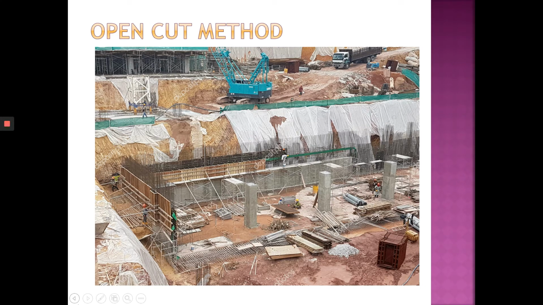It also depends on the availability of space. If you have more space here, for example, you might want to do a gentler slope, probably 30, 40 degrees, where you can have a ramp like this. You can actually just drive through to the basement area. So it all depends on the construction.